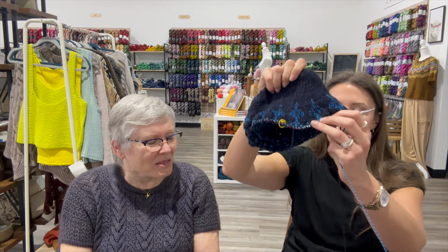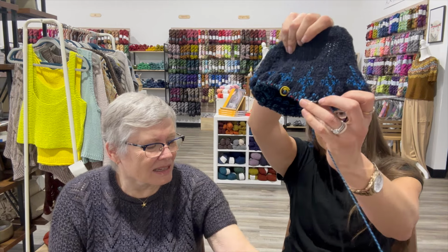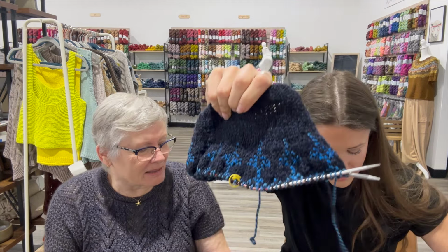I really like that. That's what I like about this. This pattern isn't flowery. It's more geometric. Yes, and I think color work, the same with the other one. It's almost a geometric or a